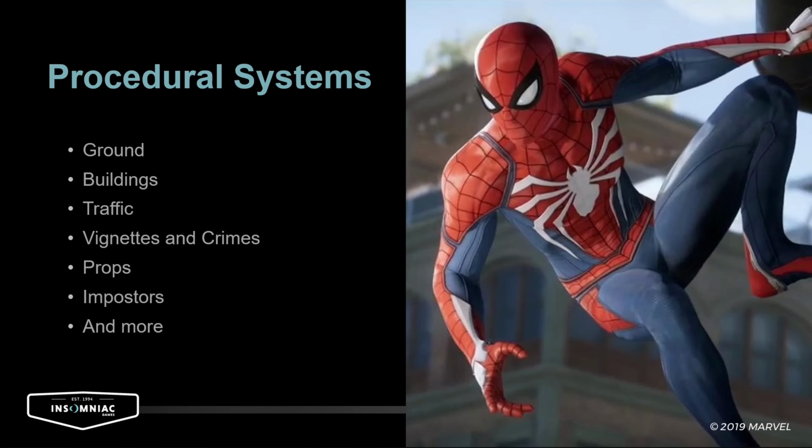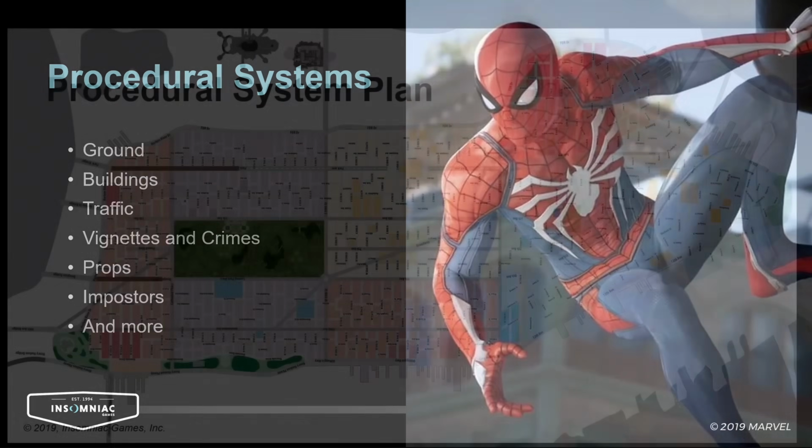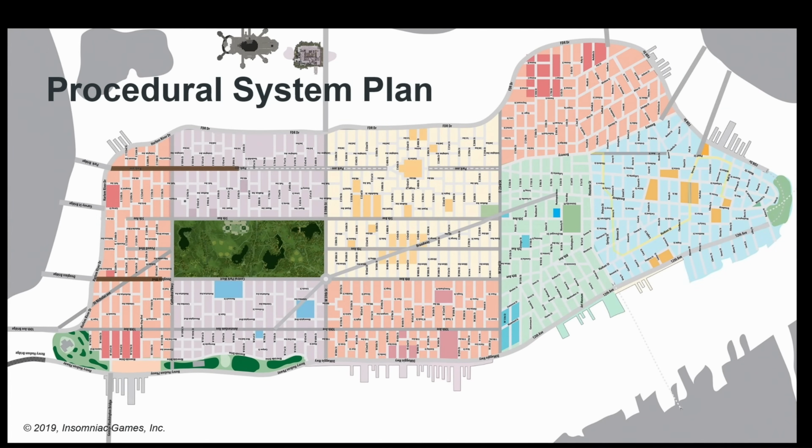There were a few other things that are procedurally modeled, but the ground is a completely procedural thing that's in the game. The buildings, we instance models from building kits. We do procedural systems for the traffic, again pedestrian and vehicle traffic, placing crimes and vignettes, placing props, generating impostors, and more. So I will go over